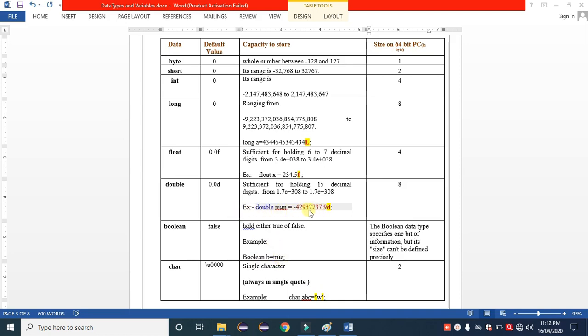Double, a fraction value we can give to double. Then float, again for a fraction value. If we try to provide a float or double a whole number, we get an error. So again, default values: float has default value 0.0, double 0.0, boolean default value is false, and char default value is \u0000. What is the indication of this? This indicates the minimum value of the Unicode system. Again, the size on a 64-bit system is given in this column. You can just follow it for extra knowledge.